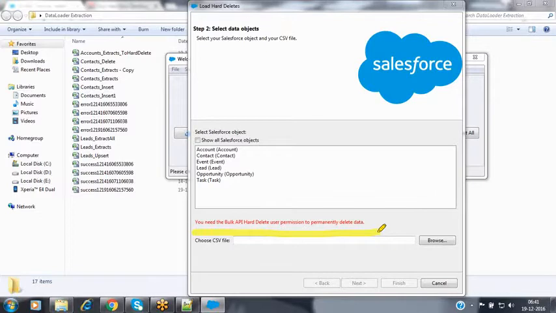Previously what happened, we are removing the record from the object. It will be moving to the recycle bin, so that from the recycle bin we have to remove the record here. But now without moving those records to the recycle bin, directly we can remove the record permanently from your Salesforce instance also. That flexibility will be there with the help of this hard delete option inside your Salesforce object here. Now let's see how can we perform this one.